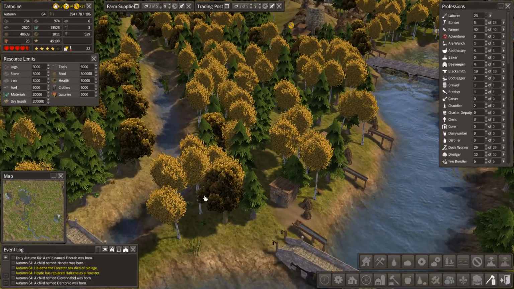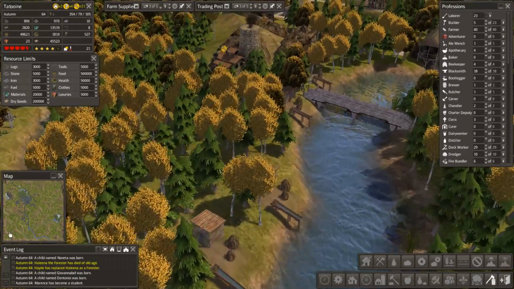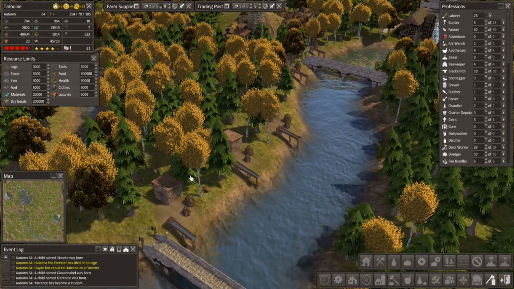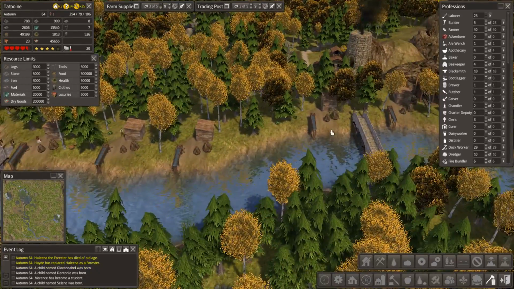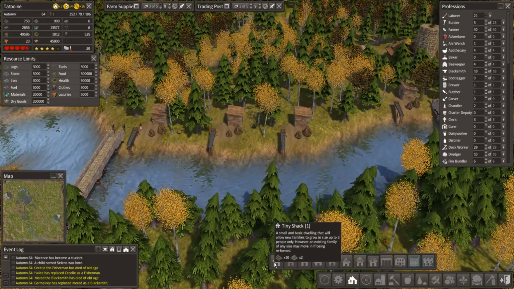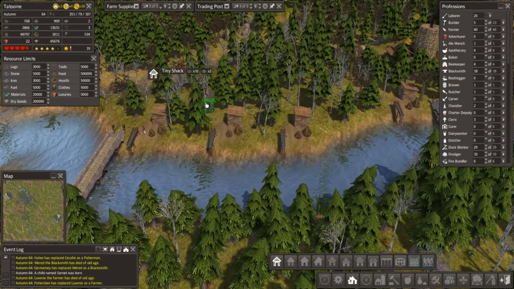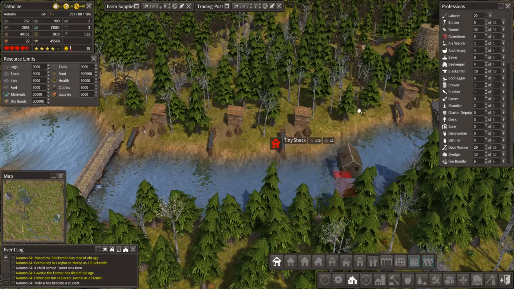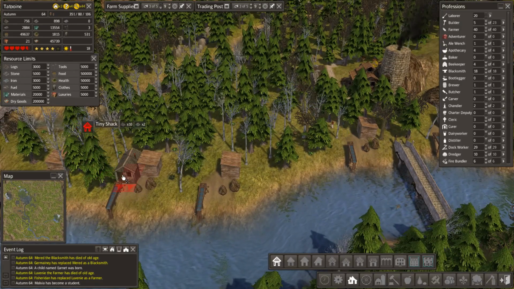We need a foundry where we can start smelting gold and silver coins and stuff. And that's all going to go in round here. And we need some houses for these guys to live in as well. For these guys, shacks would be appropriate. So, tiny shack, these things. The problem with them is that they only house 3 people, so it means they can only have 1 child. So I think we might do a couple of those,